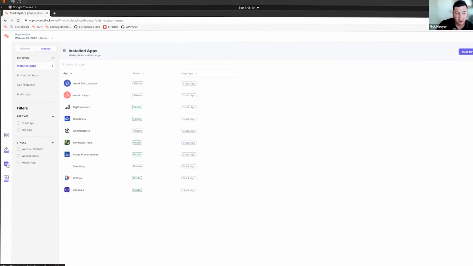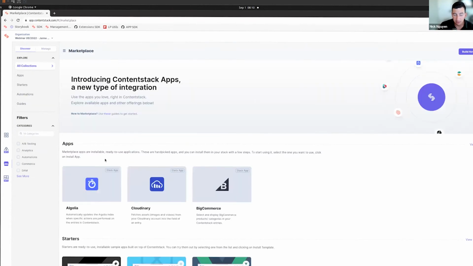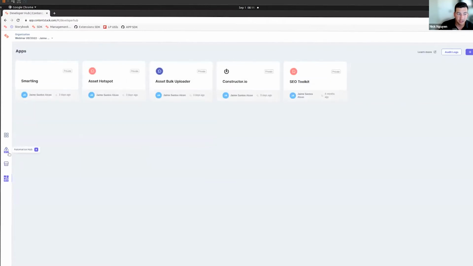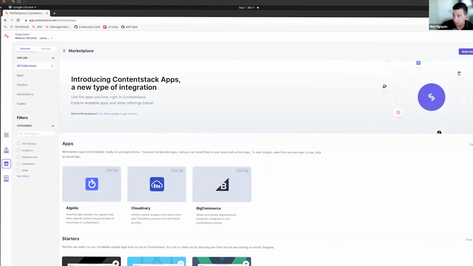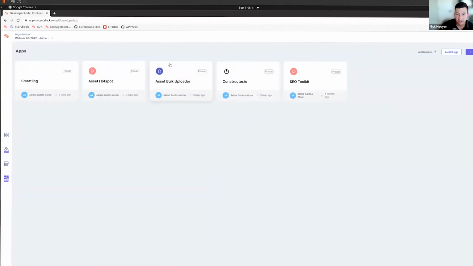Alongside our marketplace, you're probably wondering, how do I build these apps? Where do these apps come from? That's where the developer hub comes in. Inside marketplace, you can click on build new app in the top right-hand side, or just click on the developer hub. Inside here, you can create a new app. We have some already constructed to show, and when I click inside one of these,